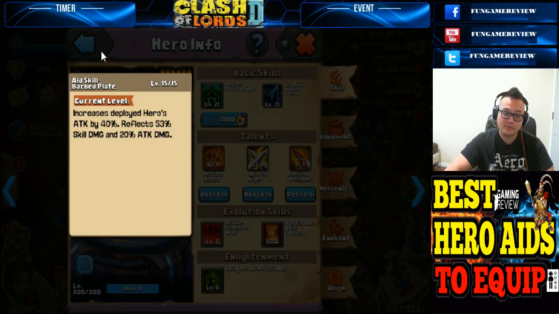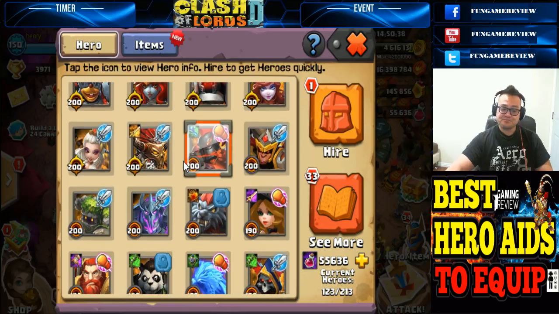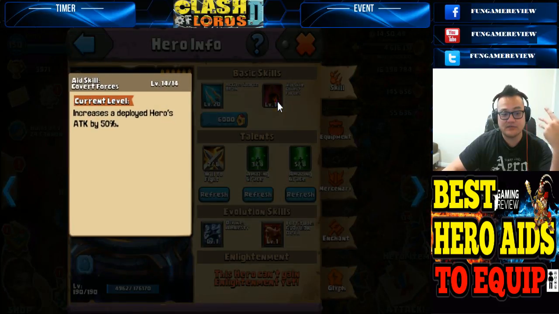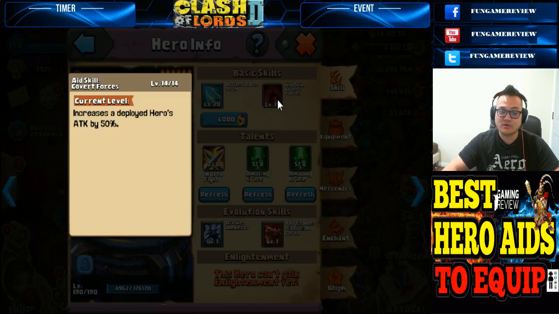I know for low-level players, you guys can use a little bit of variation as well. If you don't have a high-level Chiron, you don't have it skilled out, and you don't do the full reflective team lineup, you can take advantage of using Skull Mage as well. Yeah, you're kind of trading off that 10% attack